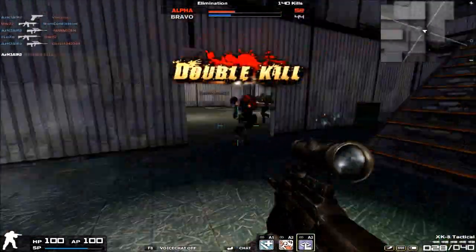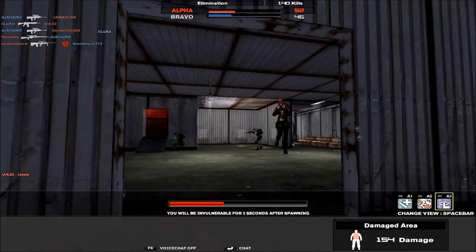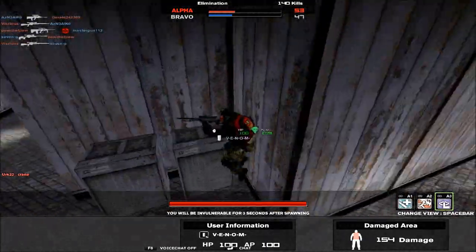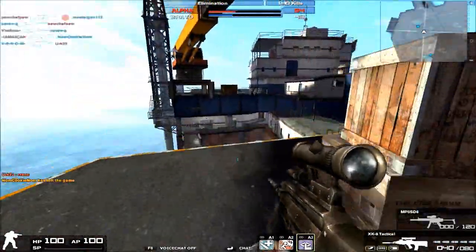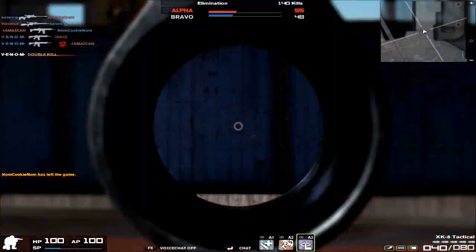So also, don't forget that the XK-8 Tactical does have the burst fire mode, just like its original variant did. So make sure you use that whenever you can. And yeah, that'll conclude the review on the Daewoo XK-8 Tactical, and I hope you guys will, whenever you see